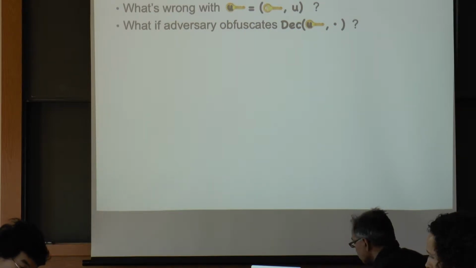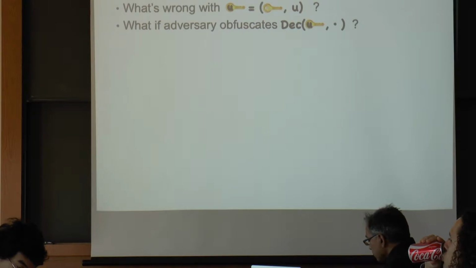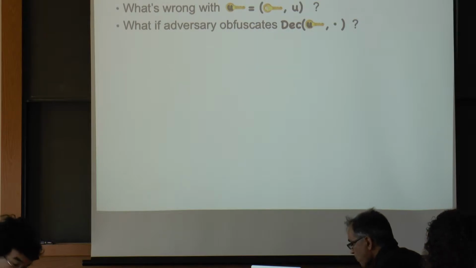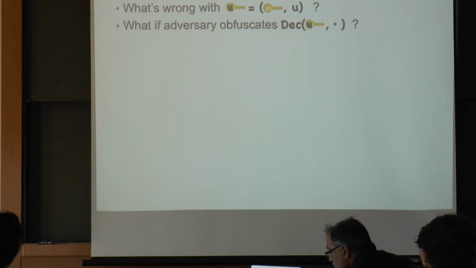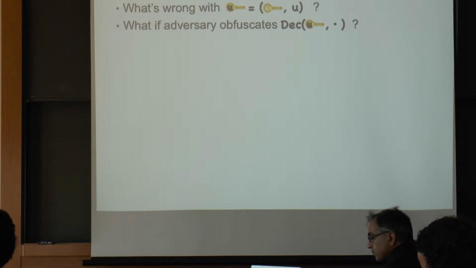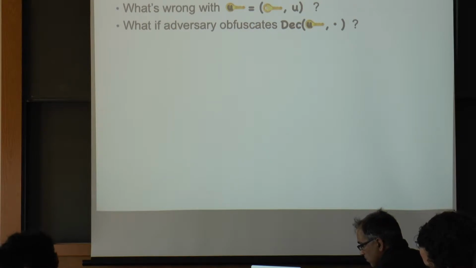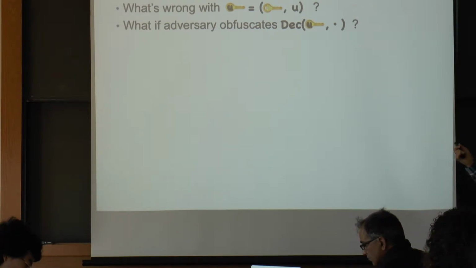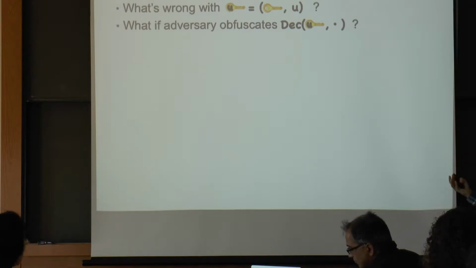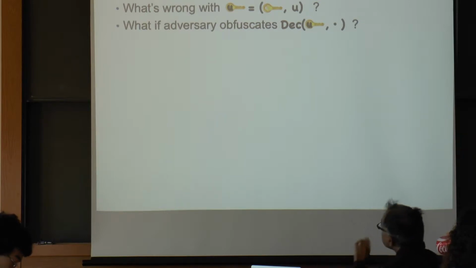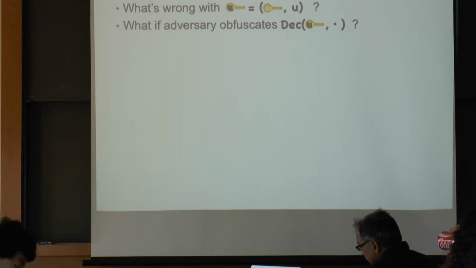Now, the adversary can do a lot more here. We live in a world now in crypto where we can do crazy things, including obfuscating programs. So the adversary could take his secret key that he was given and construct a program that just uses the key to decrypt whatever ciphertext. And now he runs this through an obfuscator, which is basically just a compiler that hides all implementation details of the original program. So the output would be some program that actually decrypts, but presumably it would hide all the implementation details, including the secret key that went into the decryption procedure.